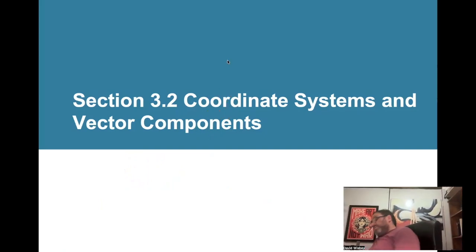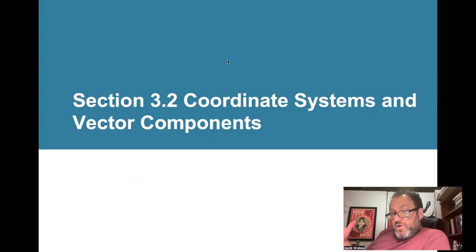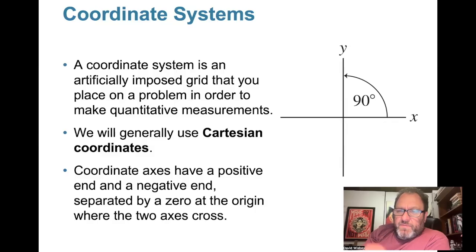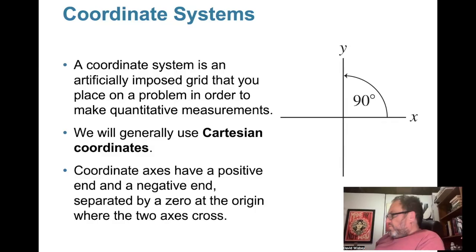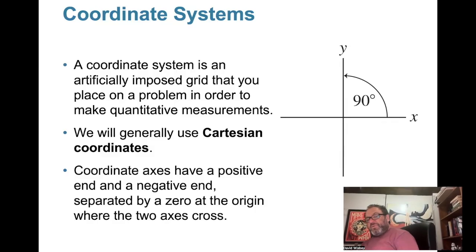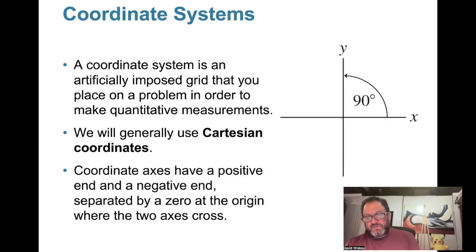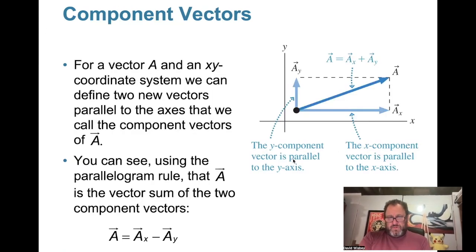Okay, let's talk about the coordinate system. We're going to go on here for a couple minutes and try to make some progress. Coordinate system and vector components. Each vector has an x and y component. We've already done a little bit with coordinate systems. We drew it. We're saying x is to the right and positive, and y is up, and they're 90 degrees apart from each other. We call these Cartesian coordinates. Any vector has a component in A or B.